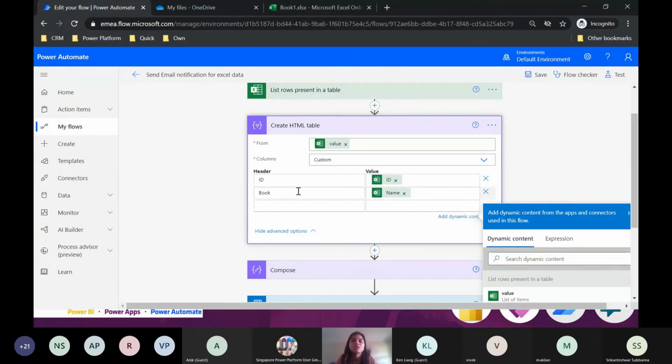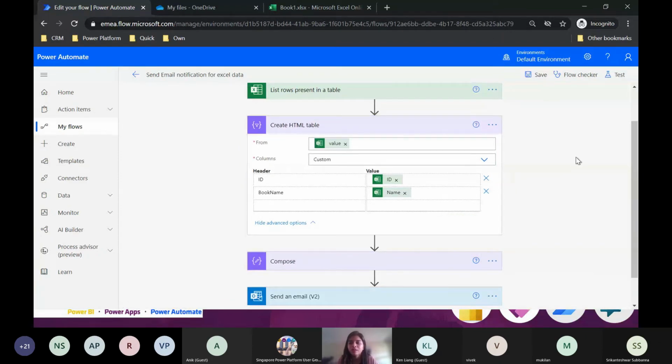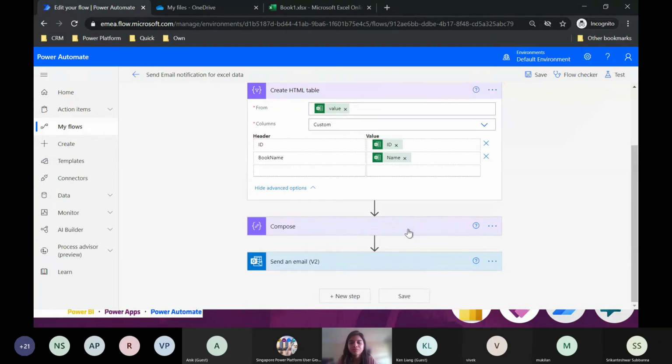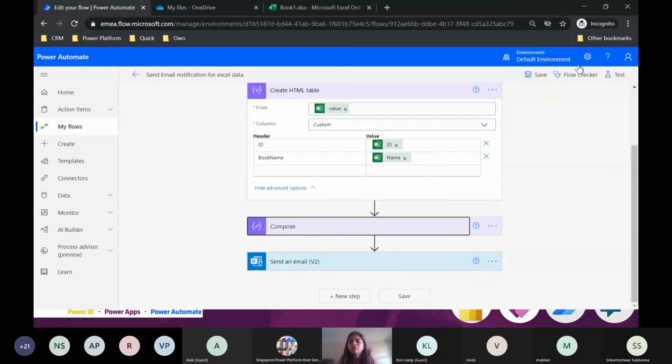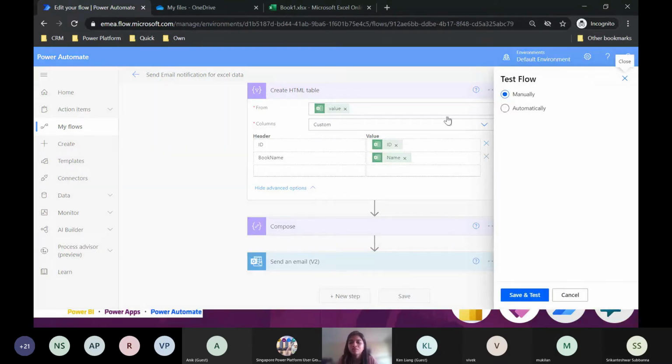Notice the point is, even if I'm pressing the spacebar, it is not allowing me. So it might be difficult for every one of us to give it the name as expected for reporting purposes. So if I go ahead and have a replace function, I've done that. Let me show you how it's going to look.